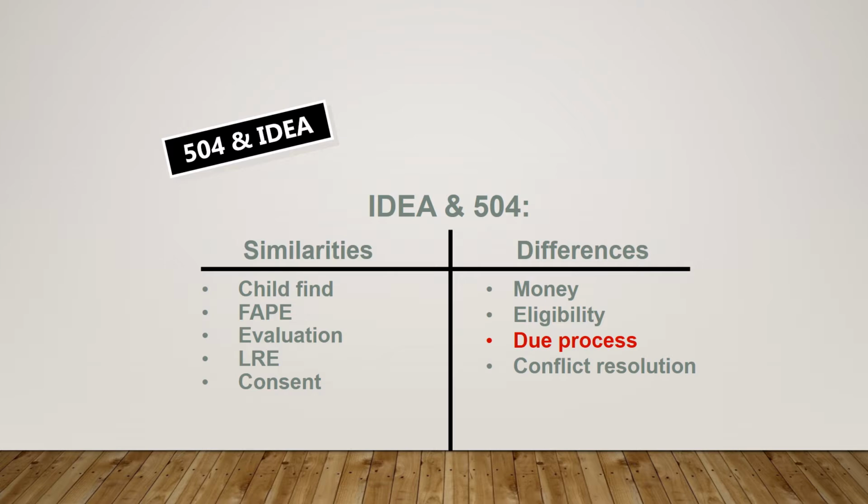The criteria for eligibility is different. Under IDEA, we have specific eligibility criteria which allow us to essentially determine if a given student is disabled enough to use the federal and state money to help educate the student. In 504, the standard is a physical or mental impairment which substantially limits one or more major life activities.